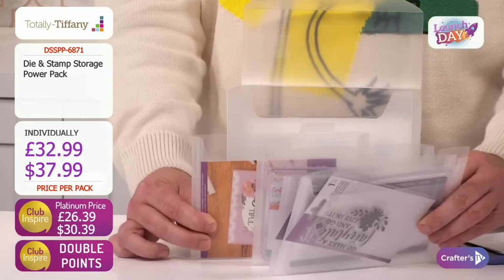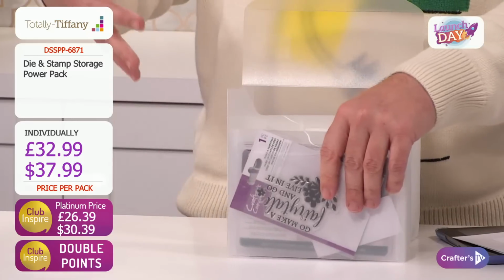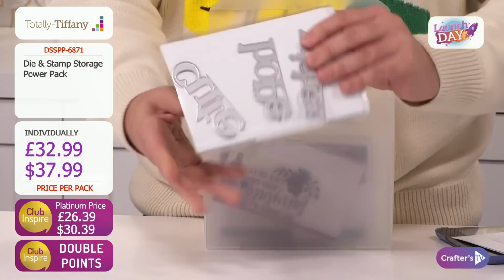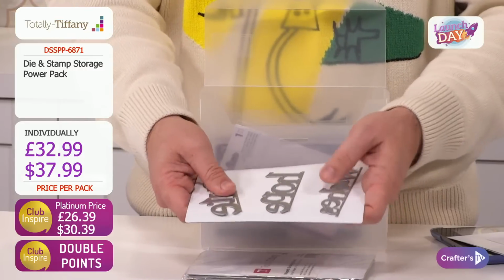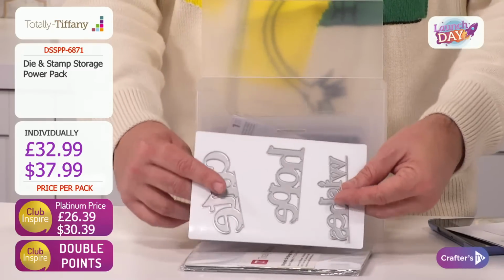It could be, of course, stamps. It could be dies. It could also be embellishments, toppers, self-adhesive gems, any of those sort of loose items that tend to get lost in drawers. They will go in here perfectly. Then what you also get is 15 of these, and these are your magnetic panels, and these are the perfect way in fact to store all of your metal dies. So it means that you can keep all of these by collection, by design,